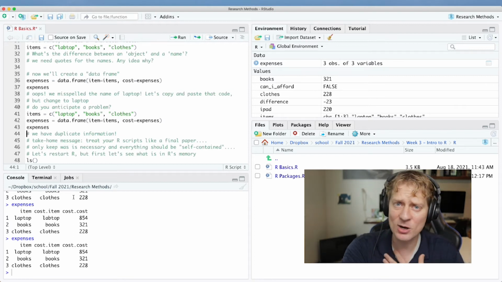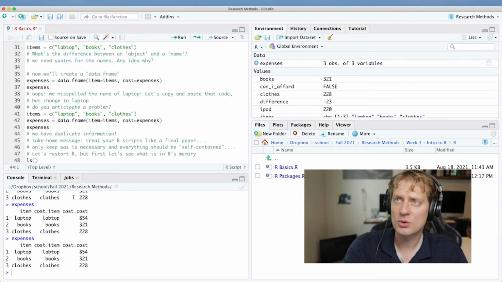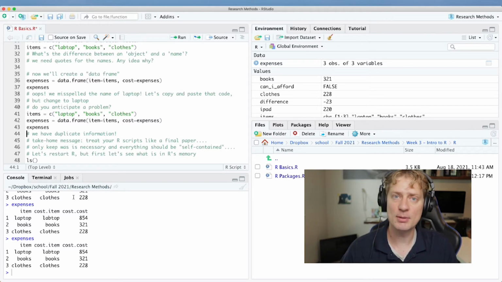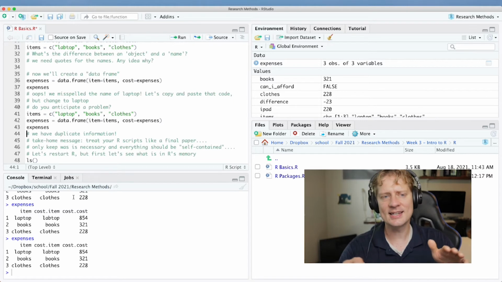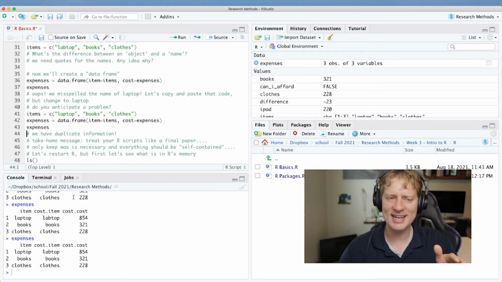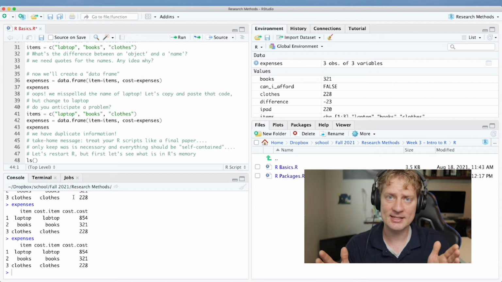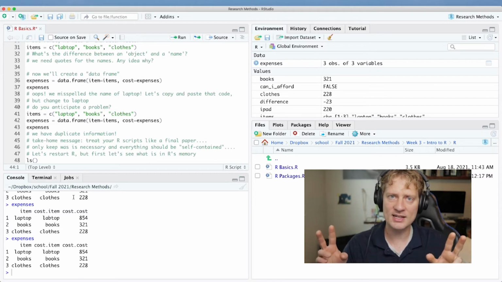So what is the take-home message here? The take-home message is that you should treat R like a final paper. If you were writing a paper for a publication, for example, you would never leave a typo in there. You would delete the typo. Or maybe you had a sentence that you wrote 2 ways and then decided, I like this way of writing the sentence. You wouldn't leave the second sentence in there. You would delete it. And the idea is that anybody who's reading this document, it is quote-unquote self-contained, that all